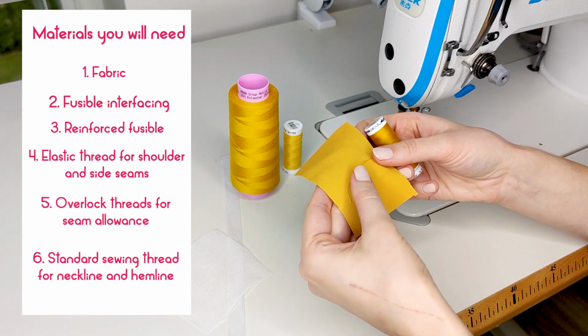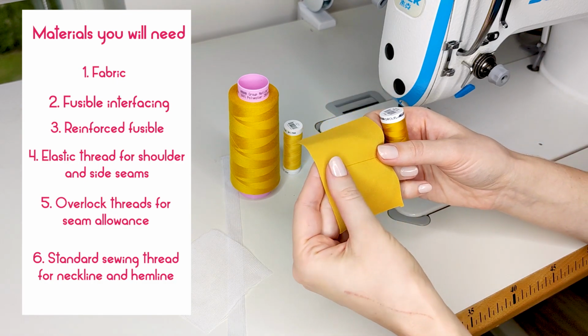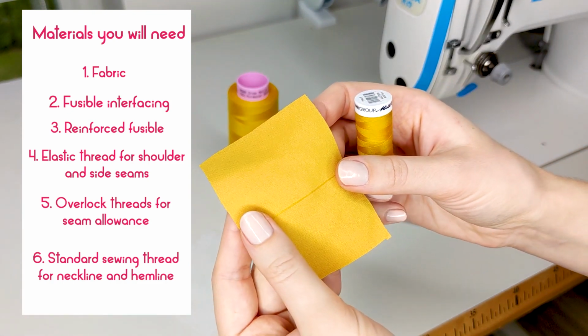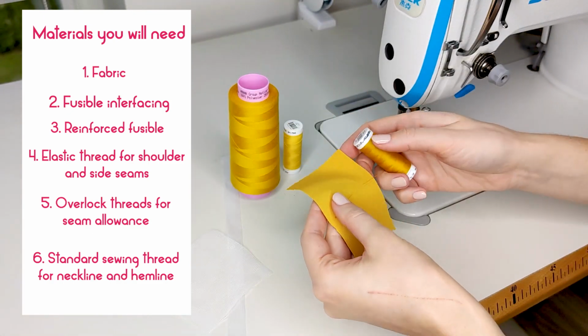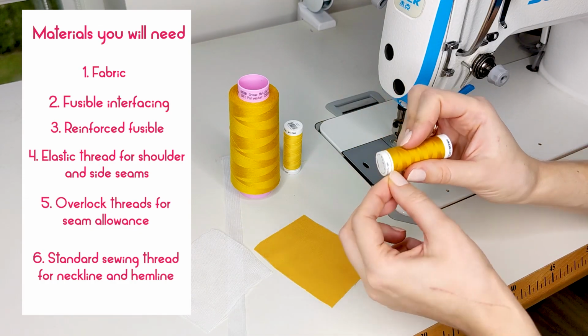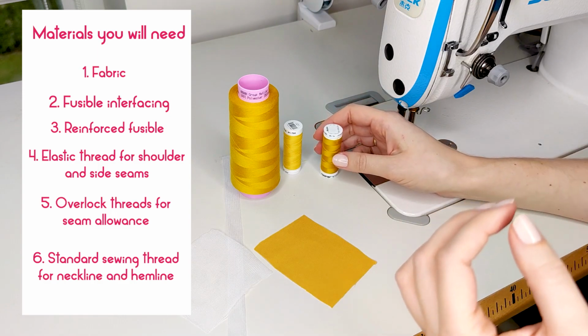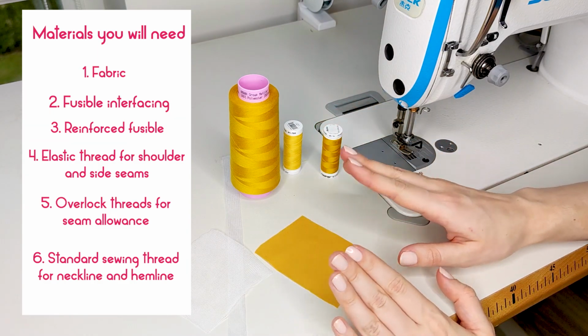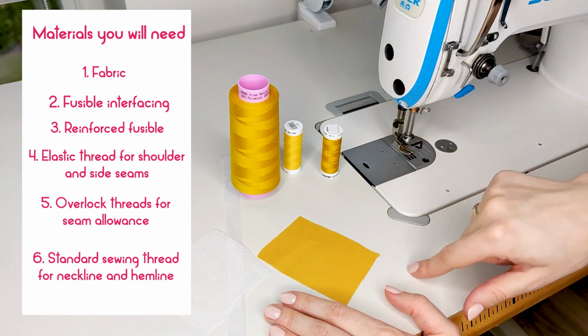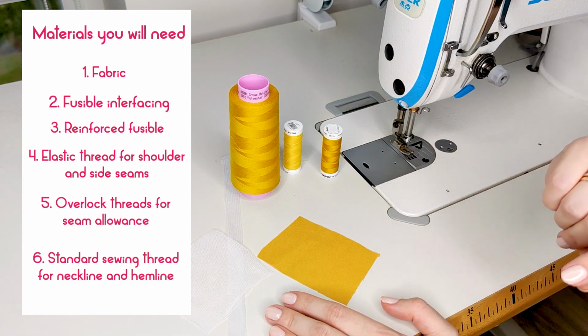the main fabric. So when you're choosing your top stitching thread, just put it on the fabric and see how well it disappears. So you want the thread that you will do top stitching with to be as close of a match with your main fabric as possible. So here are all the things that we will need to make our dress, and now let's move to the